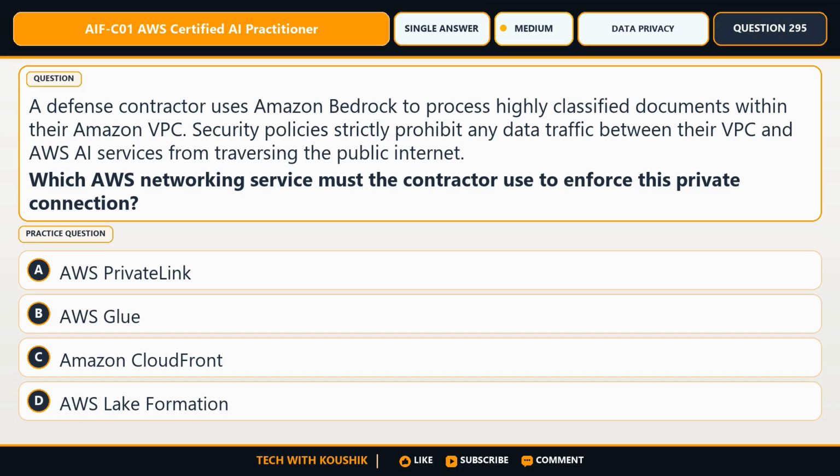Which AWS networking service must the contractor use to enforce this private connection? The choices are: Choice A, AWS PrivateLink. Choice B, AWS Glue. Choice C, Amazon CloudFront. Choice D, AWS Lake Formation.